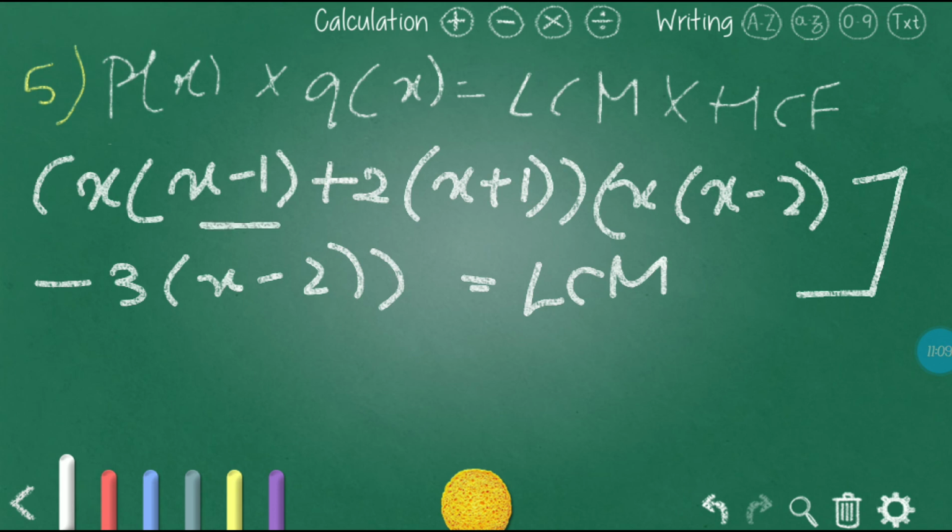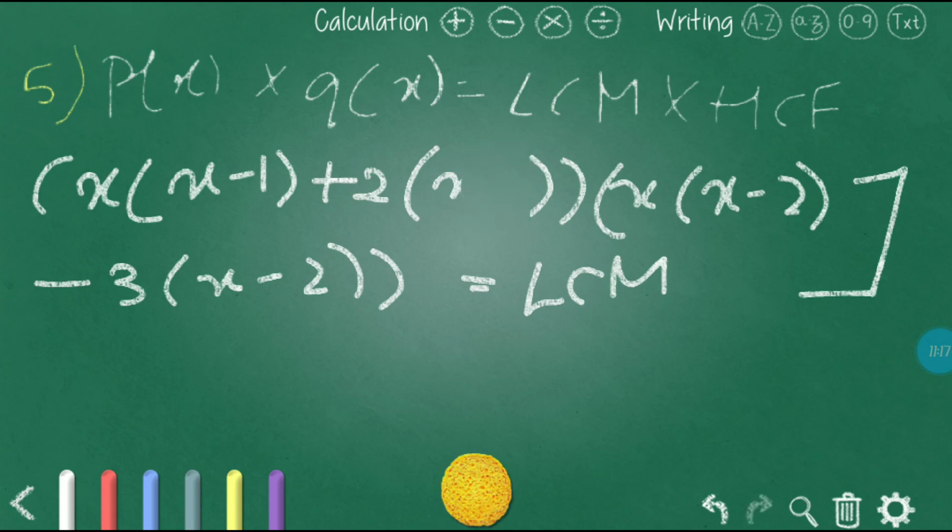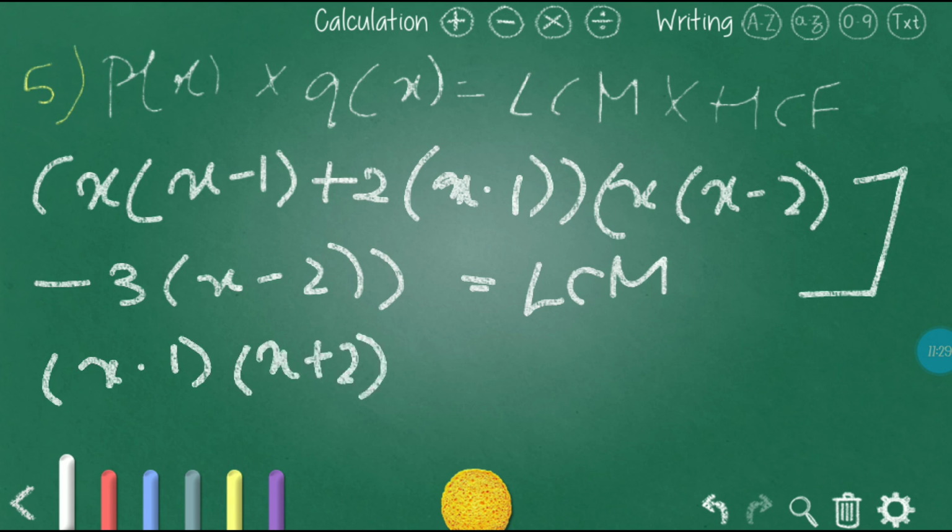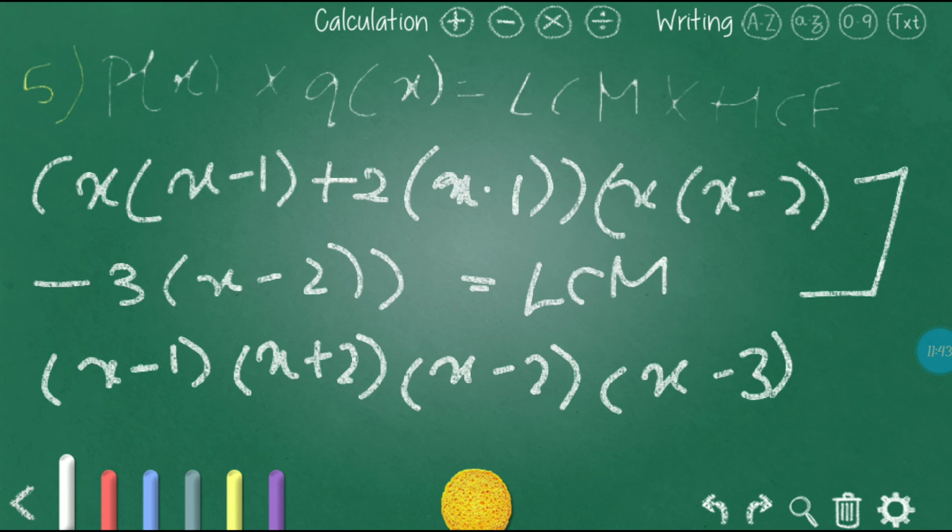Then what is happening here? Next we will take commons here, x minus 1 and x. Sorry, I'm so sorry. Here it is x, here it is x minus 1 only, everyone, okay? x minus 1 will be common here into x plus 2 is remaining, we will write that there. Now again here into, what are the common things? We have x minus 2. We will take that x minus 2 into x minus 3 is equal to LCM. So please note this also.